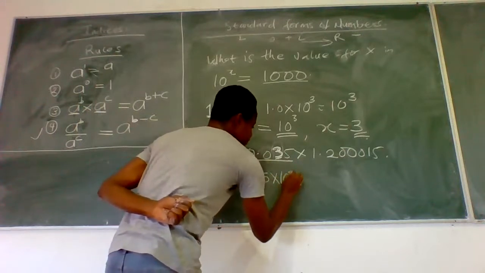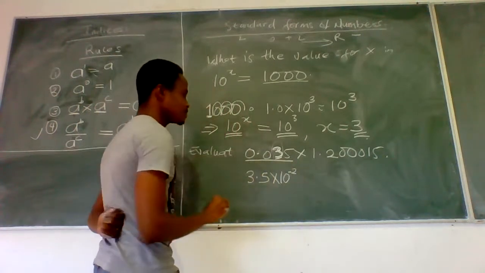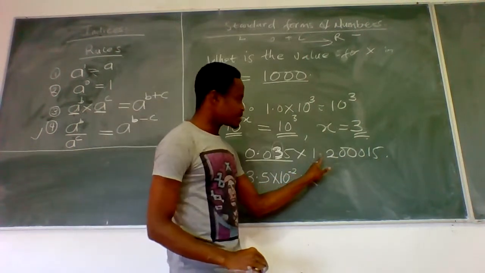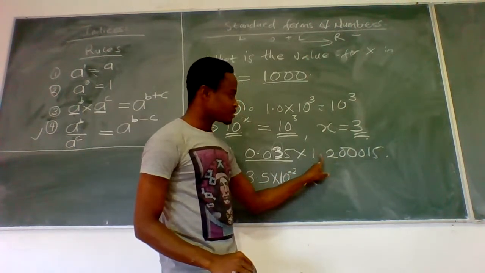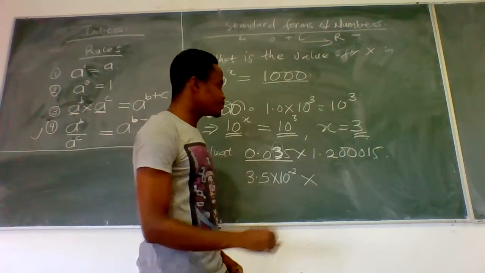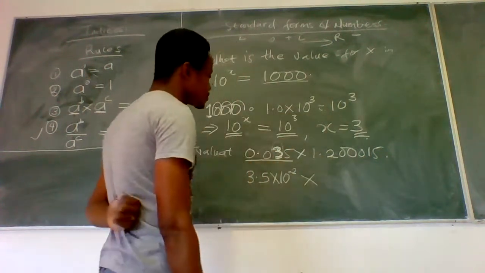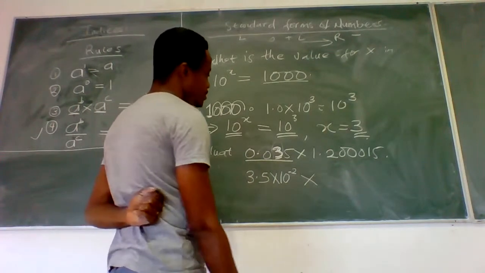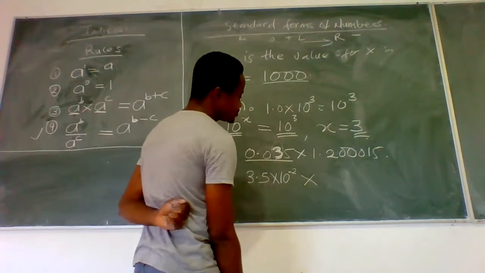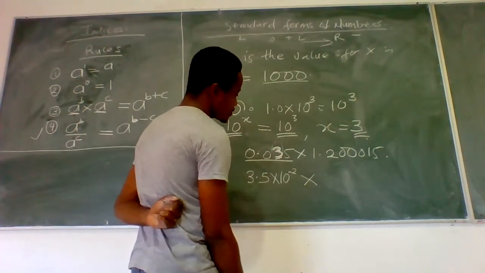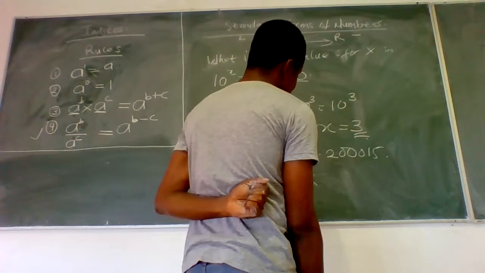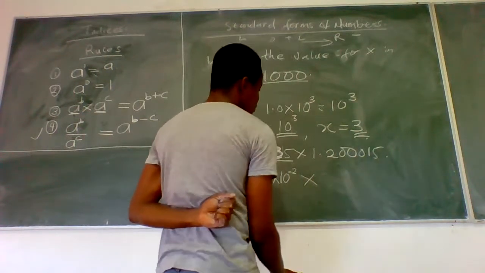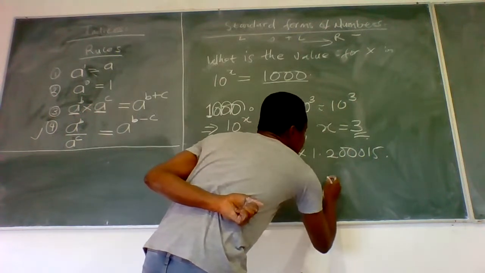That one will be negative 2. And then times this, our decimal point. How many times will we move for us to locate our significant number? 1. So we have